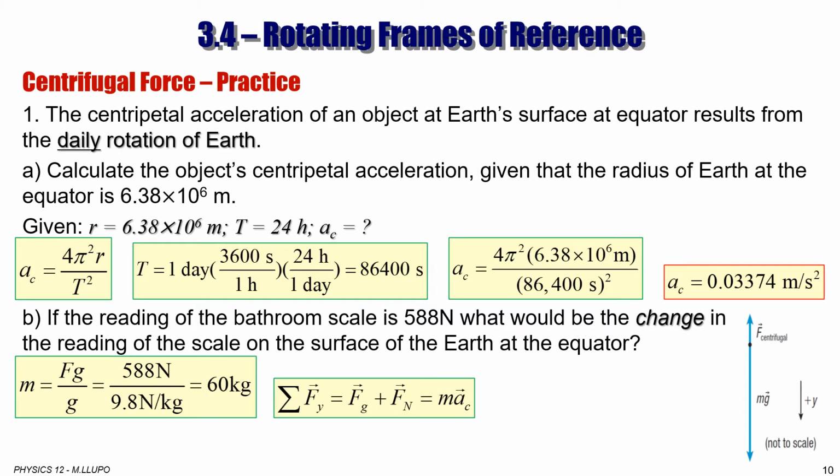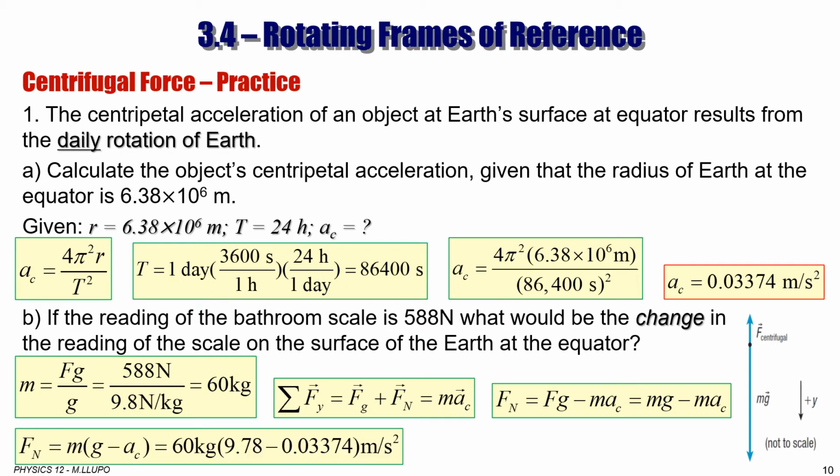So Fn now is the reading, the difference between the force of gravity and centrifugal force. So that is equal to mass times centripetal acceleration. So normal force or reading is Fg minus m a_c, which is mg minus m a_c. We can factor m, which is m times (g minus a_c), which is 60 kilogram, times